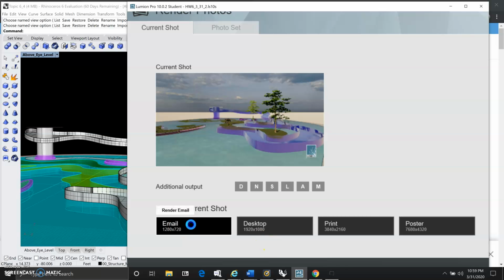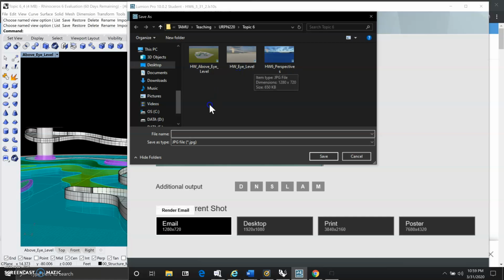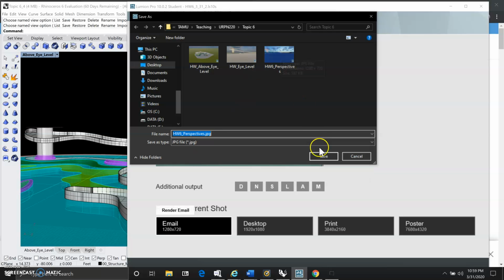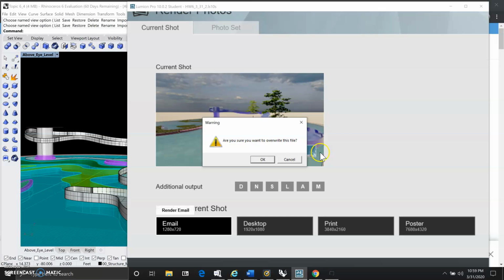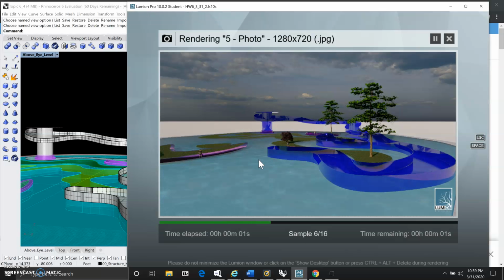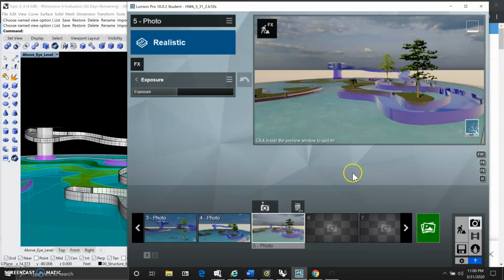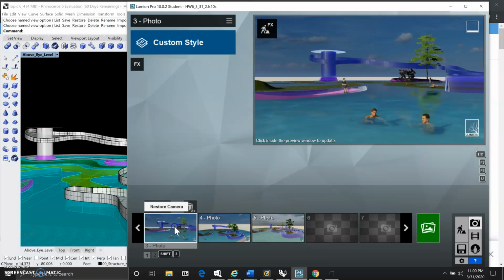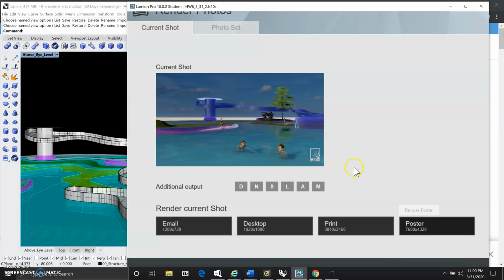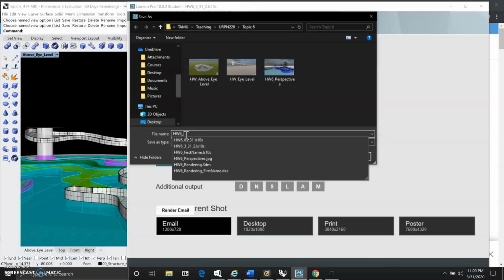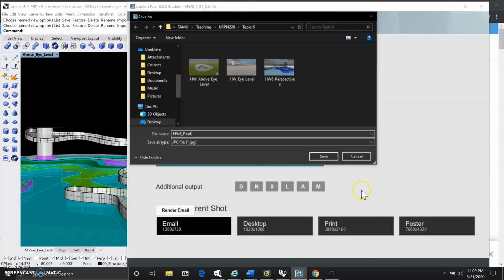So right now you can just click on email, and then it's going to allow you to type in the name of the perspective. I experimented with a night view before, and then just say save, just say okay. All right, and hit OK. So you can just go through these and save them one by one. Like this one, you can click on that and save it. And then just say HW6 pool, and then just say save